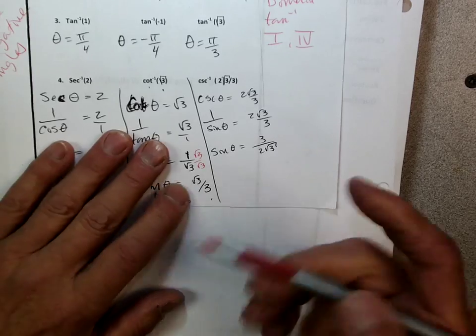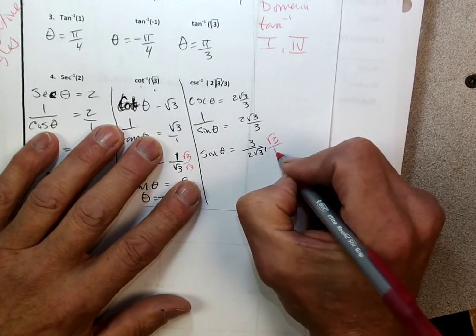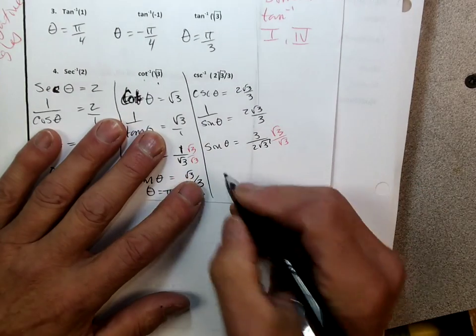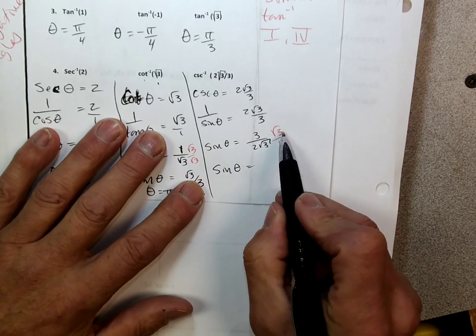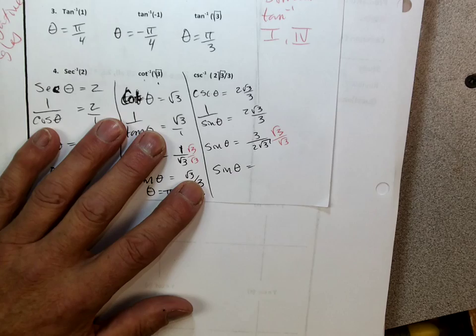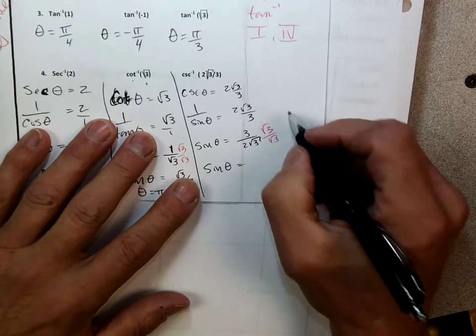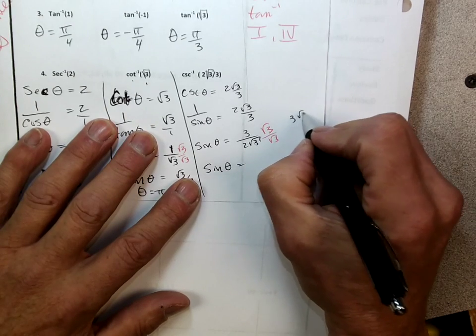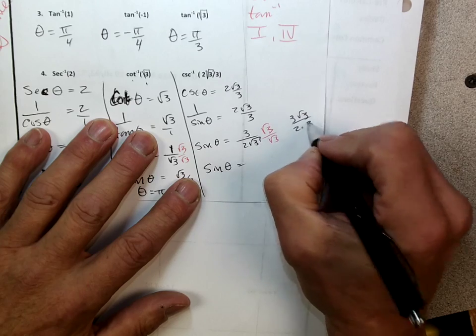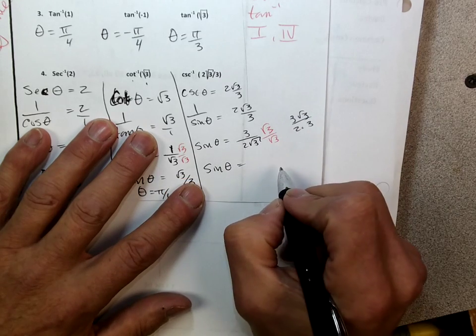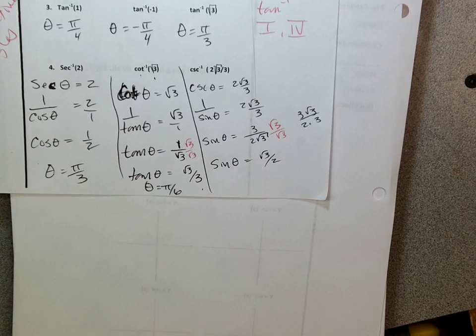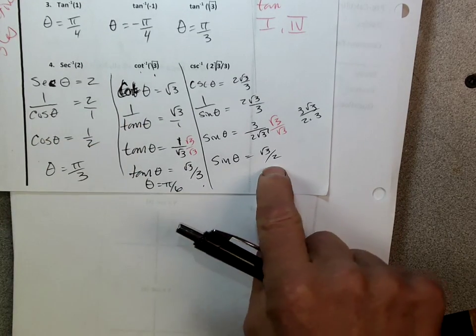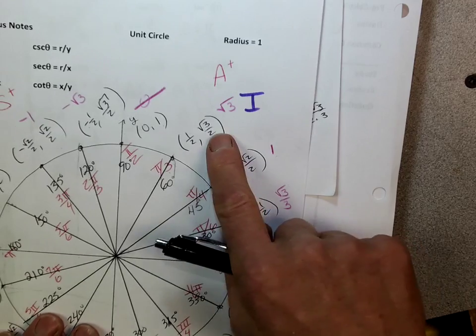If I rationalize, multiplying by square root of 3 over square root of 3, I get 3 square roots of 3 over 2 times 3. The 3's cancel, and we're left with square root of 3 over 2. That is on the unit circle. For a sine value, which is your y, a y value of square root of 3 over 2 is at